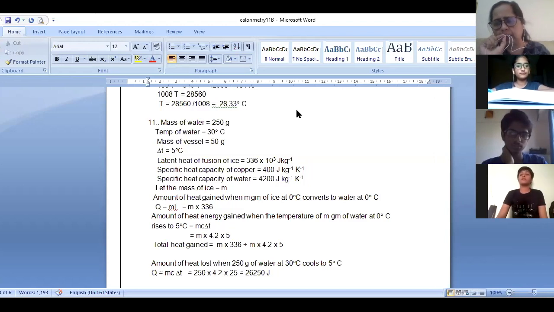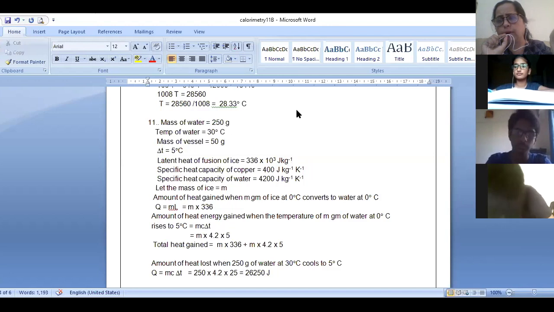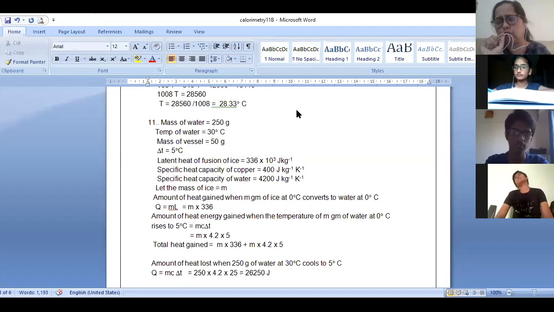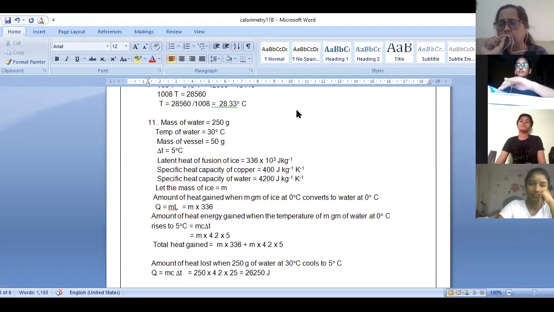I put it in the calorimeter, so it will go into the copper vessel. The minute that 50 degrees Celsius water goes into the copper vessel, the temperature of the copper vessel will also rise, and it will become the same temperature as that of the water, because it is in contact with water. But most of the times, whenever we are calculating the loss of heat, we do not take the vessel into consideration. But if they have given you the specific heat capacity of copper, then it is very necessary that you take the heat lost or gained by the vessel into consideration. That is very necessary.